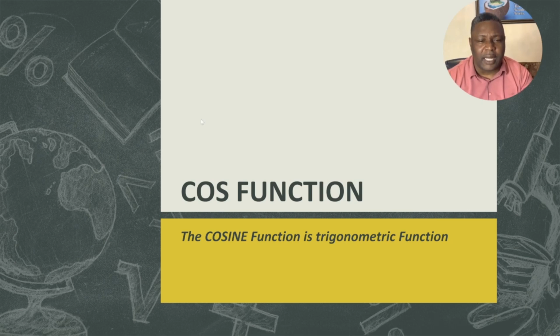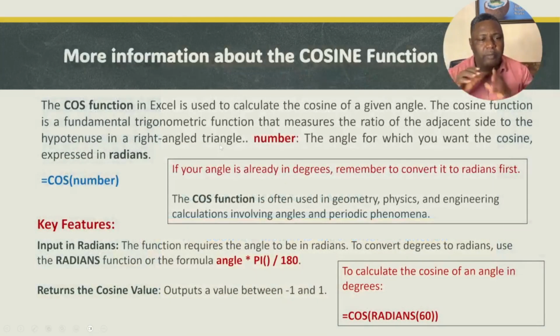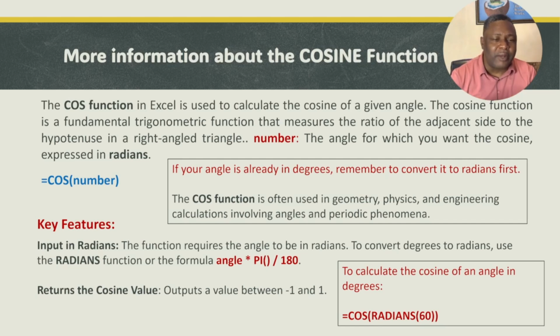Now, in today's class, we're going to be looking at the cosine function. The cosine function is also a trigonometric function. The cosine function in Excel is used to calculate the cosine of a given angle. It is a fundamental trigonometric function that measures the ratio of the adjacent side to the hypotenuse in the